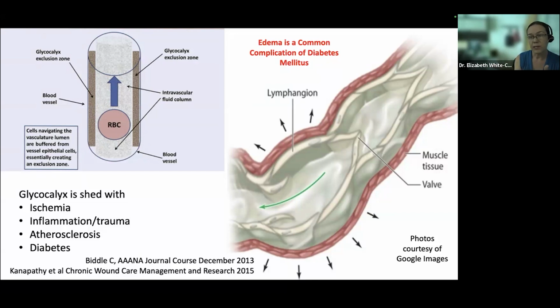So on the right, when people have diabetes, they get it hit twice. Not only do they have the capillary leak from the elevated glucoses, but they also have their lymphangions, which are lined with smooth muscle. And if they have any neuropathy, that is not being innervated and not working appropriately. We know that patients with foot ulcers and edema have a much higher amputation rate. So really keeping in mind, again, when you're thinking about that triage and severity.